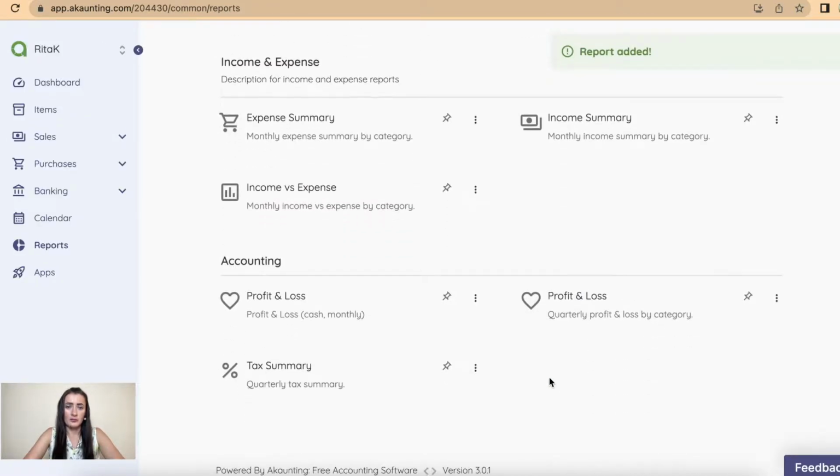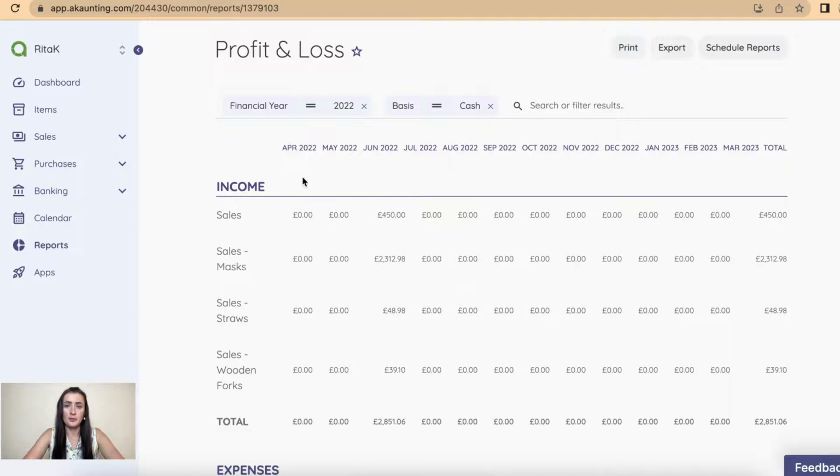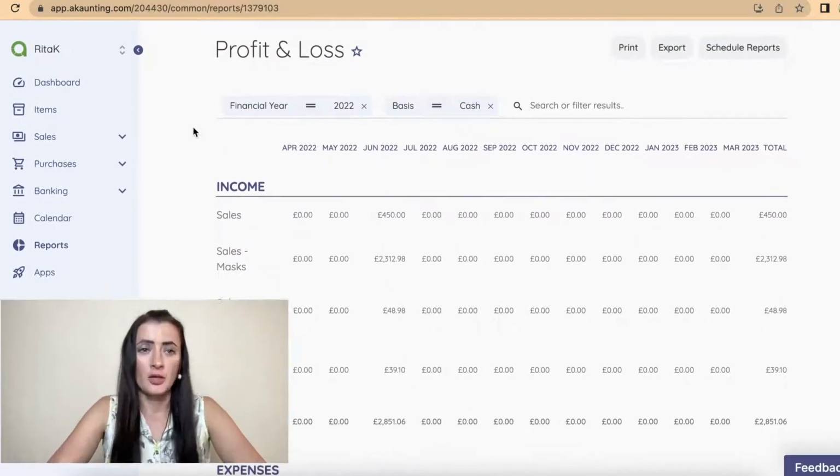Okay, so now this is my report. When I click on profit and loss, this report has been split now by months here, and my report is here with all details provided. So this is a way how you can edit or customize available reports, or how you can create your own report